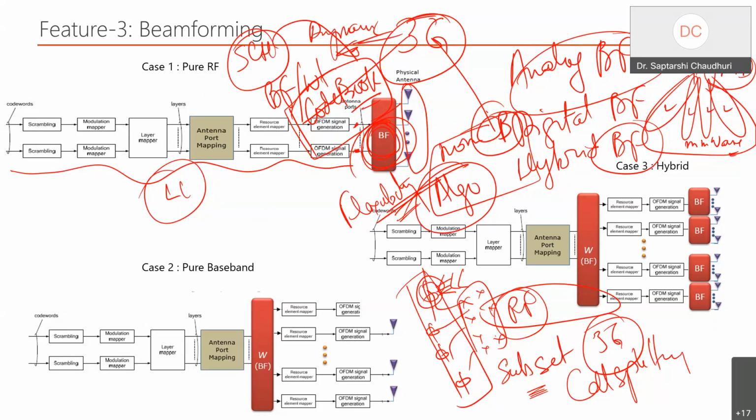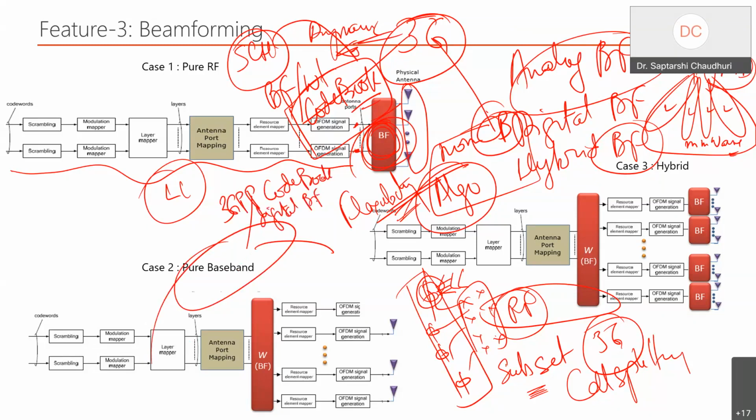Now, there is another thing that we talk about called pure baseband. Here, the point is that you can go with the 3GPP way. You can take the 3GPP codebook and create a digital beamforming weight, and sometimes loosely we call it precoders. That is one way to do it, or this is what we call non-codebook based, and that gives another dimension of innovation in the digital beam weight.